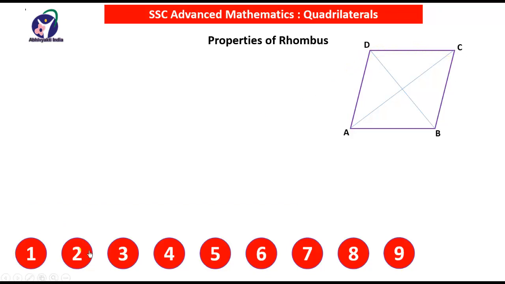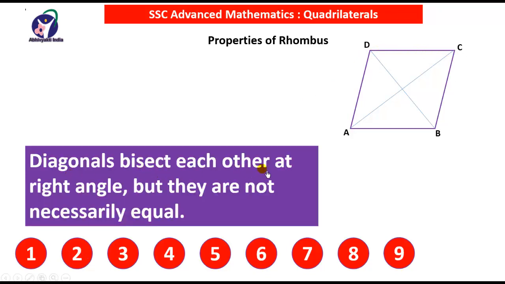The second property is that diagonals bisect each other at right angle, but they are not necessarily equal. The diagonal AC and diagonal BD of the parallelogram rhombus ABCD bisect each other at right angle, it means they bisect perpendicularly. So these angles will be of 90 degree. And if this point is O, then DO will be equal to BO, AO will be equal to OC,